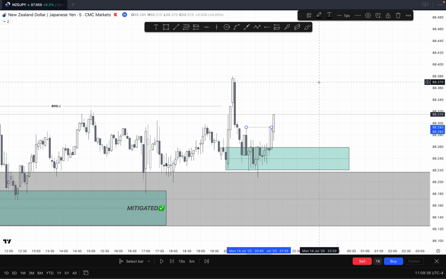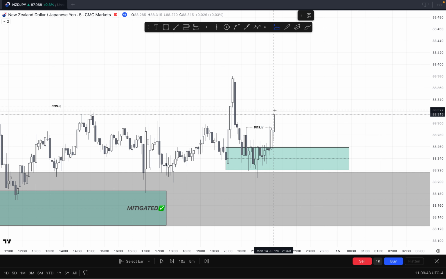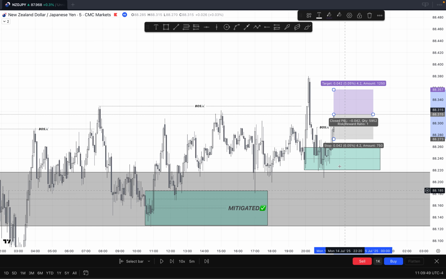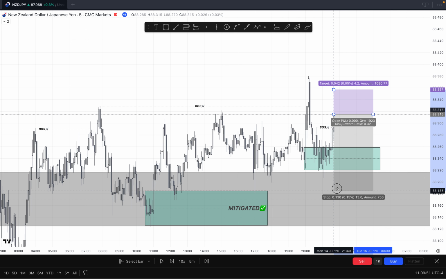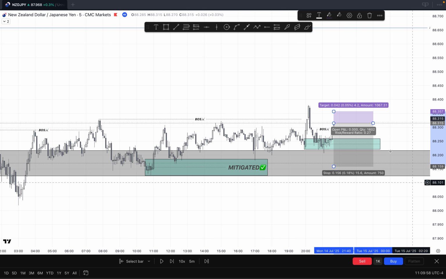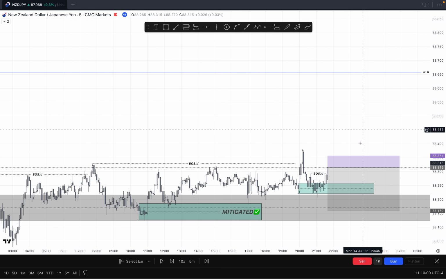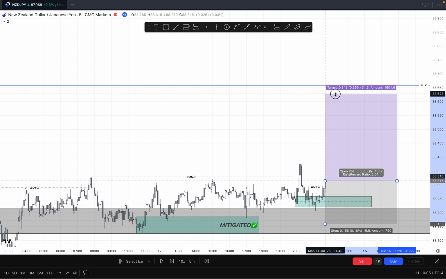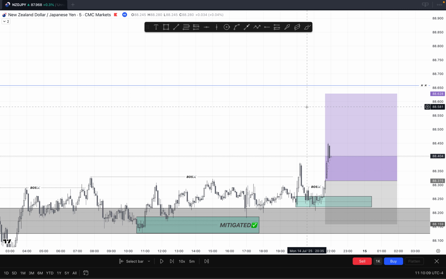I would look to see an aggressive move to the upside, then entry right here. Below here, I would, just to be safe, place my normal stop loss, right? Then I'll go for a 1 to 2 or higher. Right here is a 1 to 2. This is where I would target, and as you guys would see,